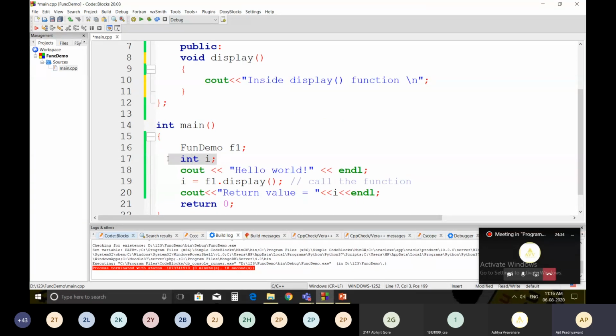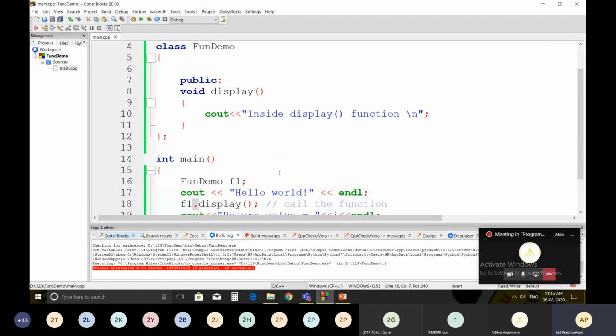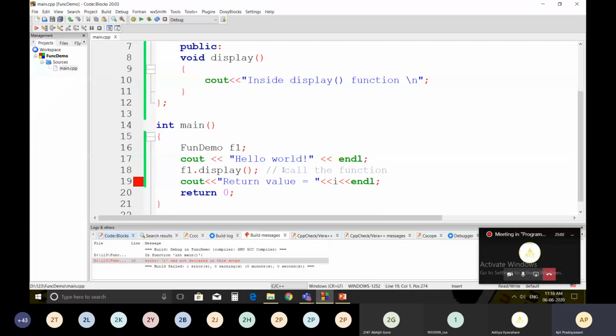Inside the main, I have created the object of function demo f1, and this is the way to call this display function that we have seen in the class and object lecture. This is the object and dot notation is used to call the display. Okay, so I'm going to compile it.